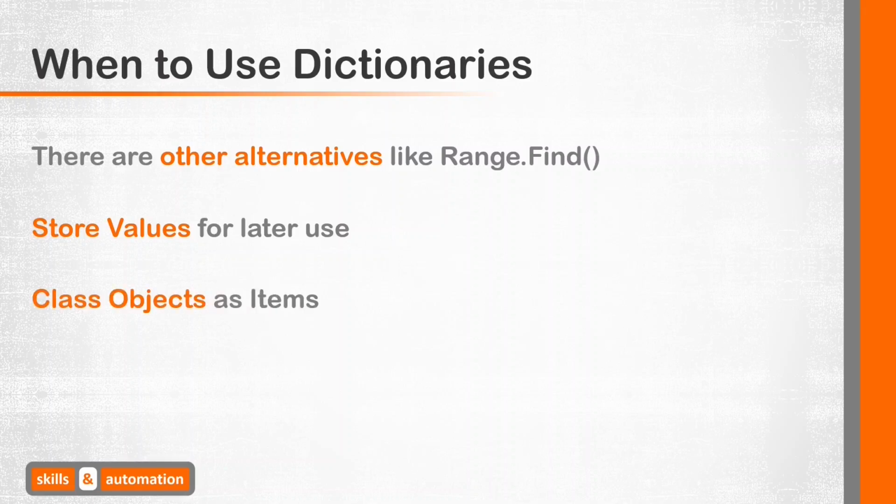One limitation of dictionary is that you will realize that we are restricted to only two values, a key and an item. This limits our operation somewhat, but we can store anything as an item, even a class object, and a class object can have multiple variables, effectively allowing us to have multiple items per key. But we'll leave this for a later video.